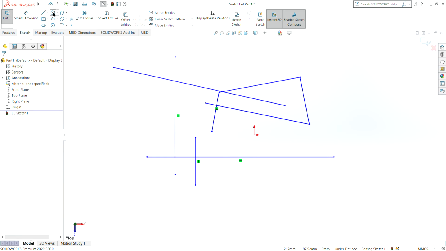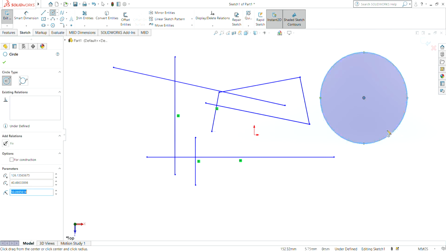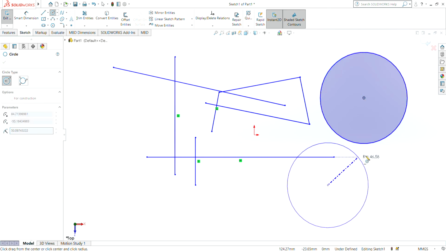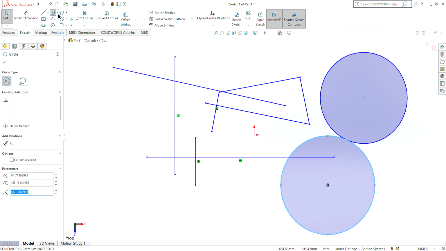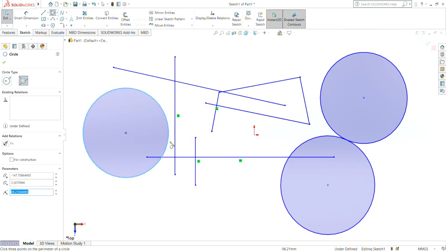Then there is the circle. For the circle, there are two options: perimeter circle and circle. We select the normal circle. In the normal circle, the point where we first click is the center, and the second click will be the circumference. This is also a click command. And if we select the perimeter circle, then we have to select 3 points which will be on the perimeter of the circle, meaning the circumference of the circle. So this is a perimeter circle.